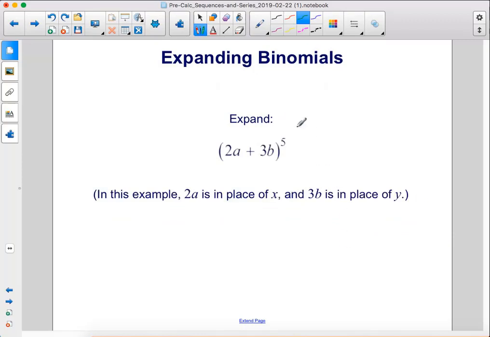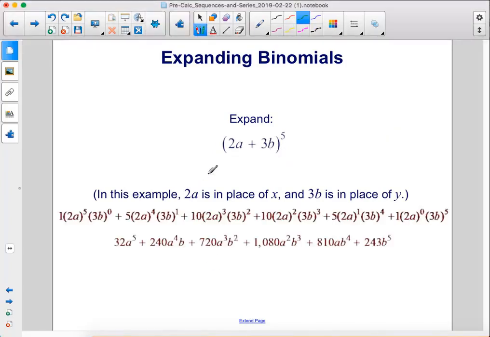Here's another example. Let's expand 2a plus 3b to the 5th power. In this example, 2a is in place of x and 3b is in place of y. The rules for the exponents remain the same. We begin with 2a to the 5th, 3b to the 0, and then we have 2a to the 4th, 3b to the 1st, 2a to the 3rd, 3b to the 2nd, and so on. And the coefficient rules also remain the same. We're going to use the 5th row of Pascal's triangle, so the coefficients are 1, 5, 10, 10, 5, and